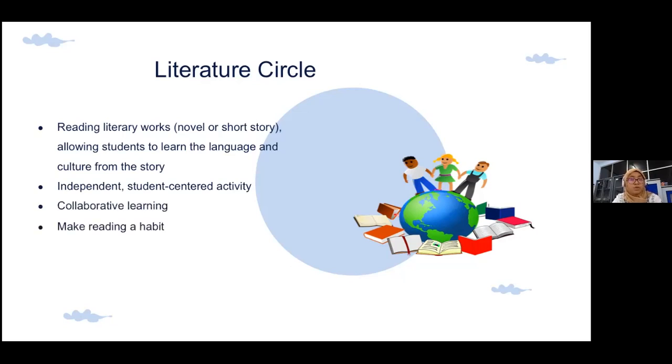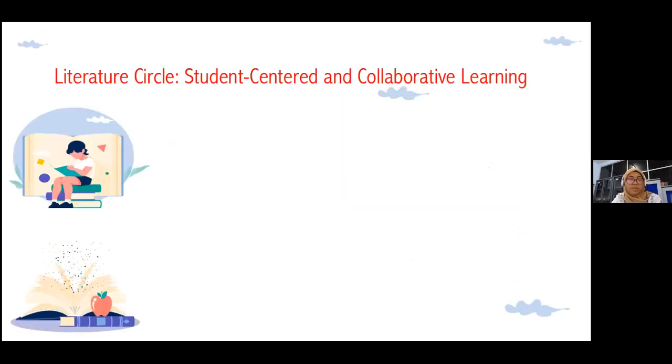But the overarching goal of the literature circle is to make reading a habit. So we want to make reading a habitual action for our students. Not only do they read because they have to read or they are forced to read, but they read because they enjoy the activity. And when we look at the related theories on student-centered and collaborative learning, we want to